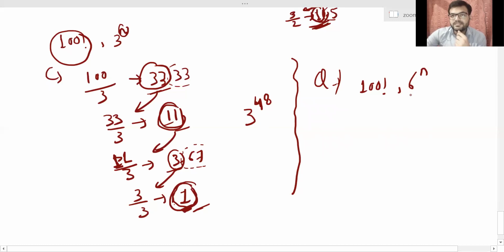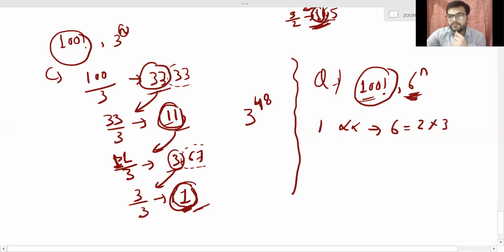Okay, so guys, 6 is a composite number. So I told you that for finding out the maximum power of 6 in any factorial, you cannot divide 100 by 6. No, this is not the rule. Instead, you will have to break that composite number into its prime factor format. So 6 can be written as 2 into 3. So 6 is composed of 2 and 3 only, one 2 and one 3.